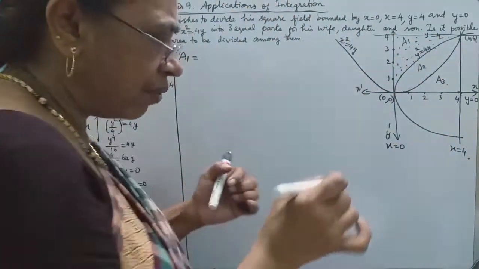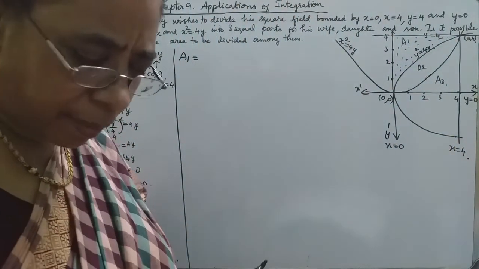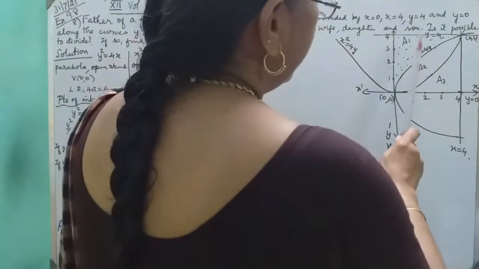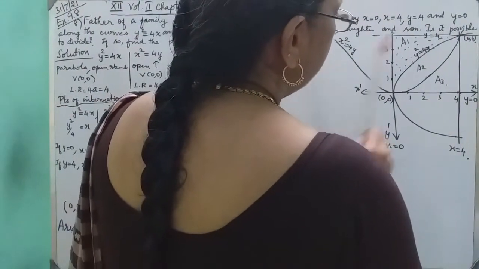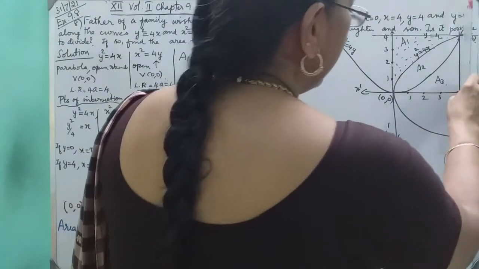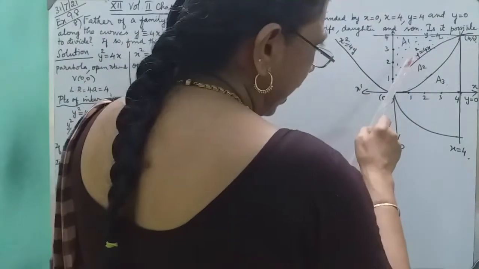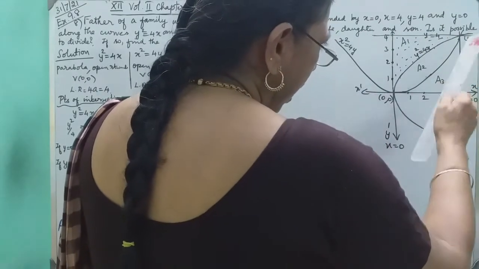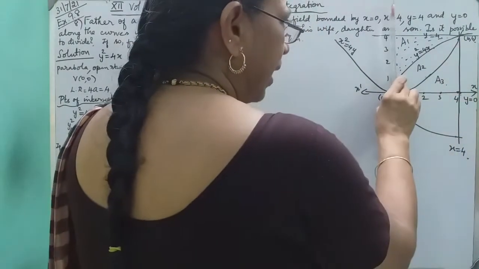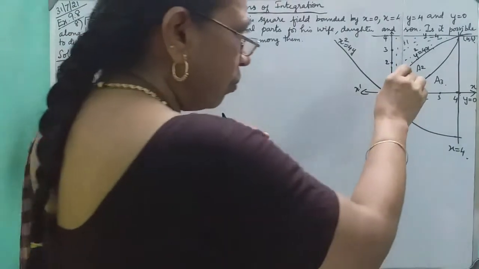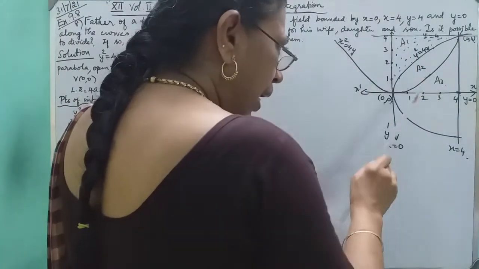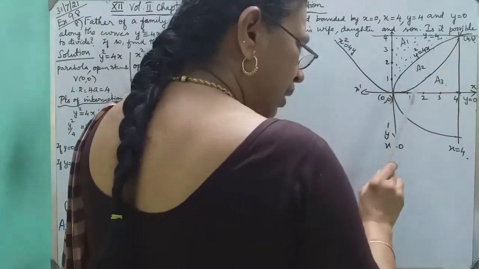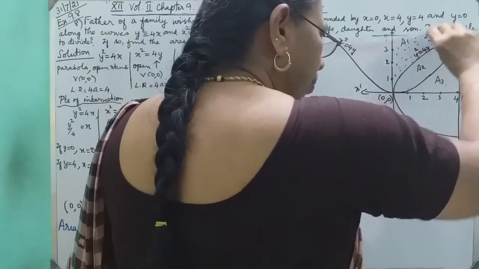So look at this A1 area. Tell the boundaries. That is, A1 lies between... If you talk about this one, it is very difficult. But see, this A1 is bounded by this horizontal and this curve and the y-axis. Okay. See, the y-axis is a boundary and this curve, this parabola, and the two horizontals.